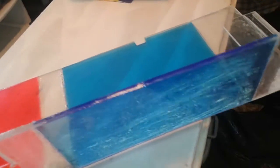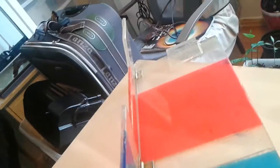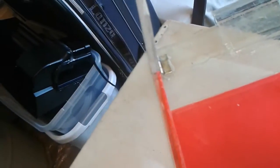Then what I've been doing is actually finishing up this cover, and this is one of the main reasons why I wanted to make this video, to show you guys the last part of using a Q-tip and like a bottle cap of glue. I could finish off pretty much glazing the hinges and actually bending it as much as possible, knowing that when the glue dries it's going to form and not block too much. There is some of the glue, I do know where some of the glue is blocking on the hinges, and even when it goes down, even on the other side, there's some of this on this side. So yeah, it kind of happens, but